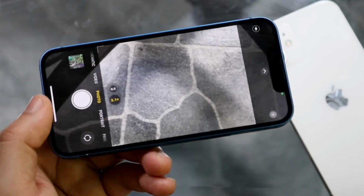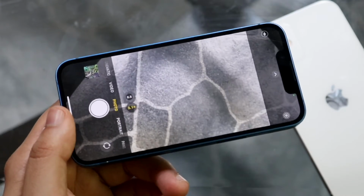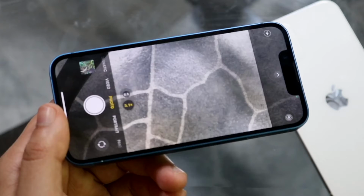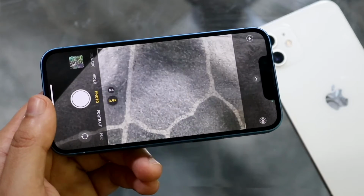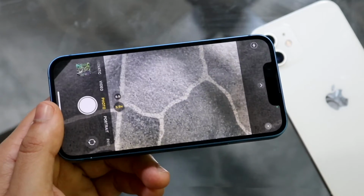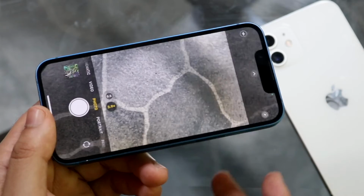Now with the iPhone 13 mini camera, this is pretty much still almost the same exact camera. Really, you're only getting that cinematic mode, and maybe the photos and videos look a little bit better than the iPhone 12, but you don't really see it. I even think the iPhone XR camera, that single sensor, is still extremely good. And overall, you have the ability of zooming in, you have the ability of zooming out a lot with the ultra-wide sensor. The iPhone 13 mini's camera is better, but the iPhone 12 camera is still extremely good. If this camera was a 10 out of 10, this one's like a 9.7 out of 10 in my opinion. It's only